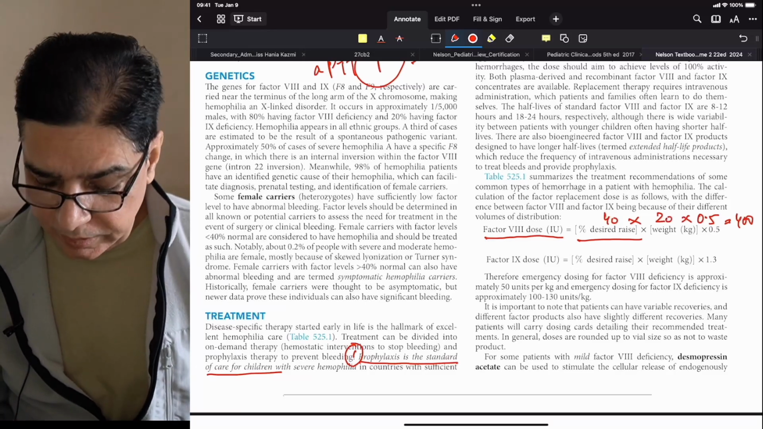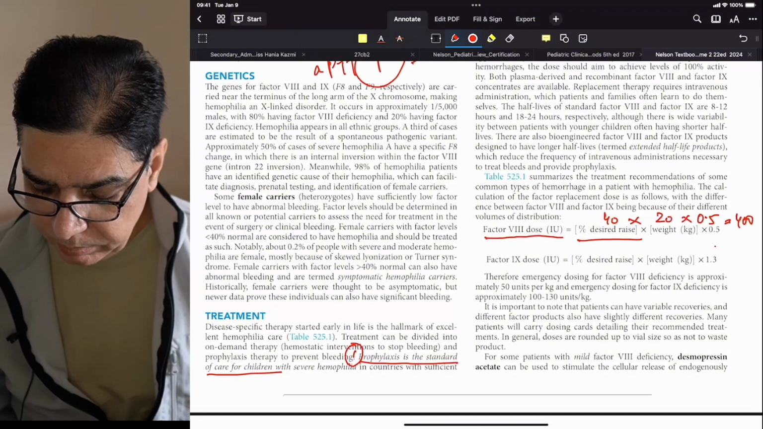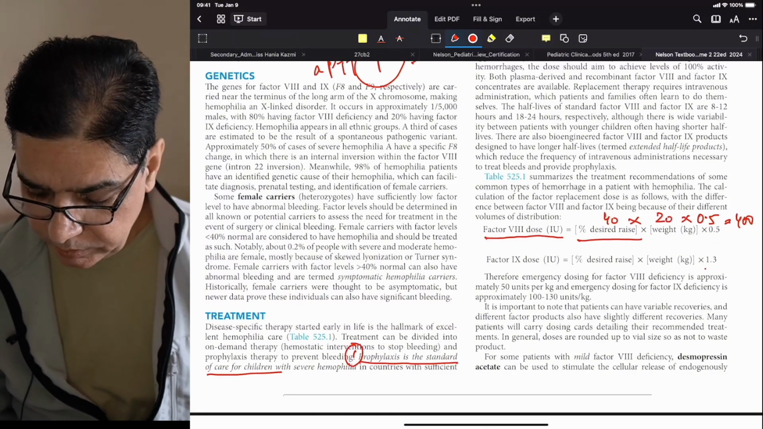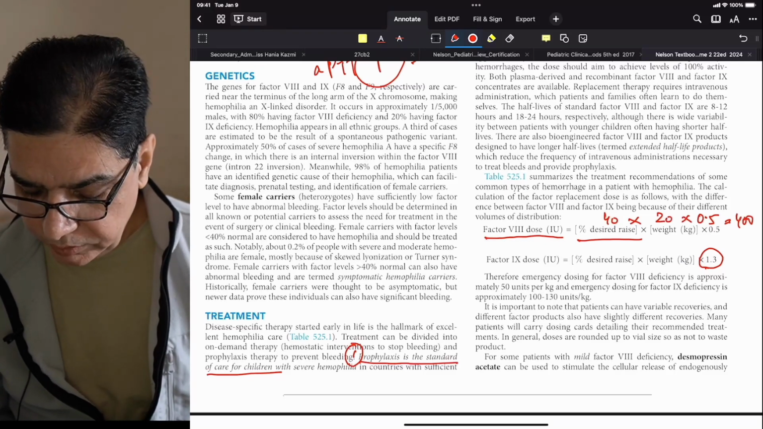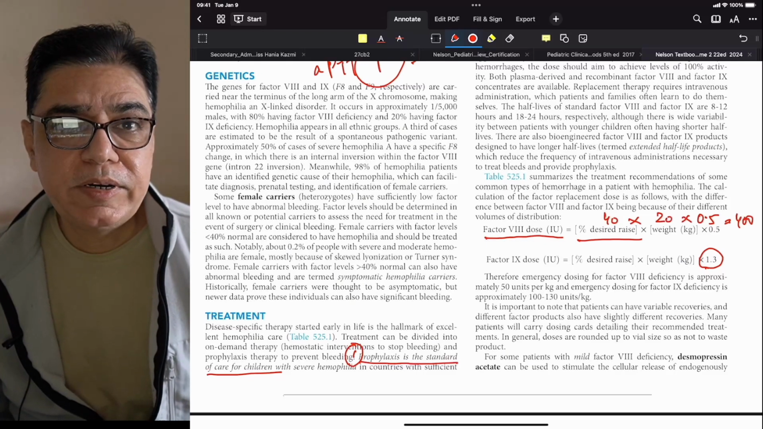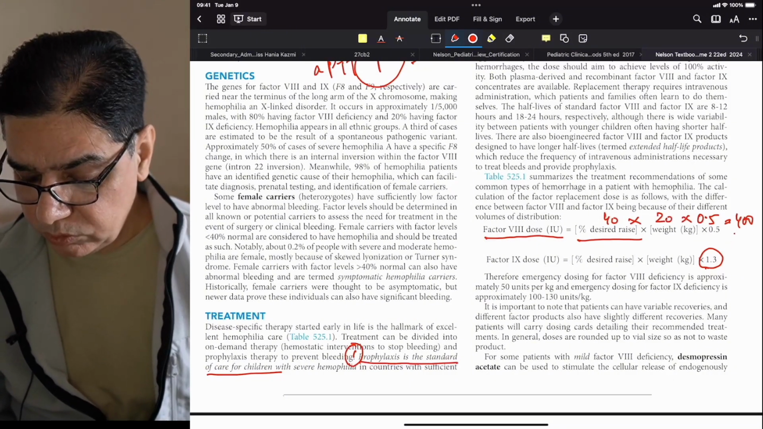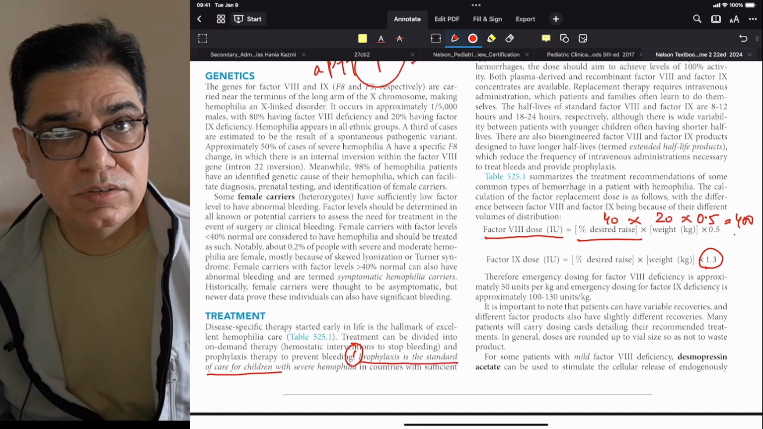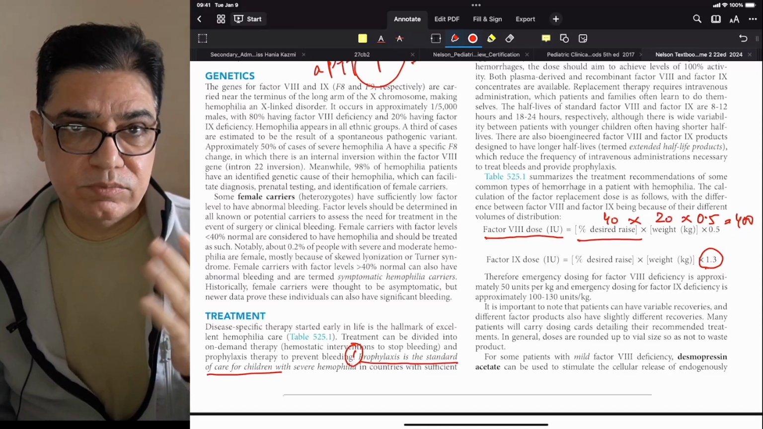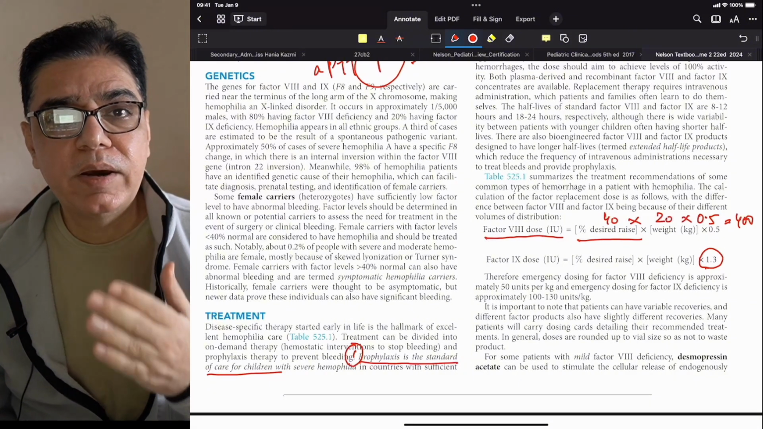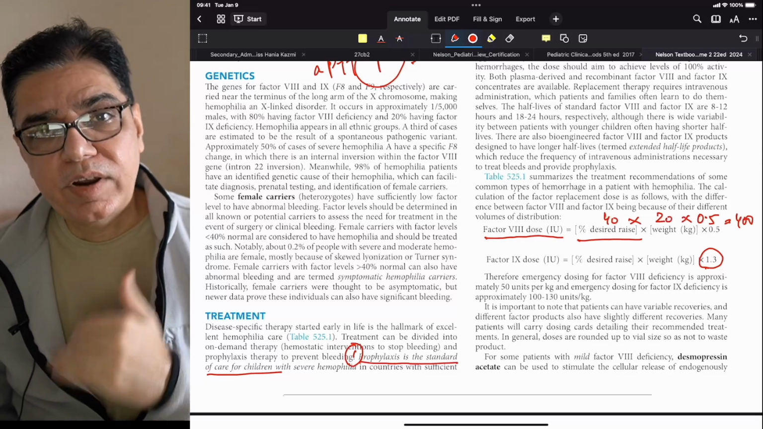So for factor 8, you take the desired rate, multiply by body weight, multiply by 0.5. While for factor 9, you just multiply it by 1.3. Rest of the things are the same. So for factor 9, you would be taking a little more dosage because the multiplication factor is more than 1. For factor 8 the dose is reduced because the multiplication factor is 0.5. So the formula is desired rate in factor activity, multiply by the body weight, multiply by 0.5 for factor 8,